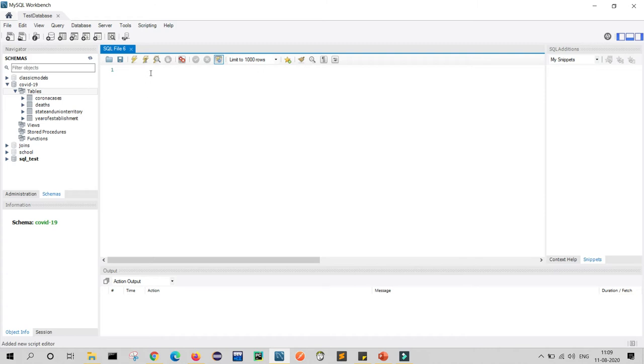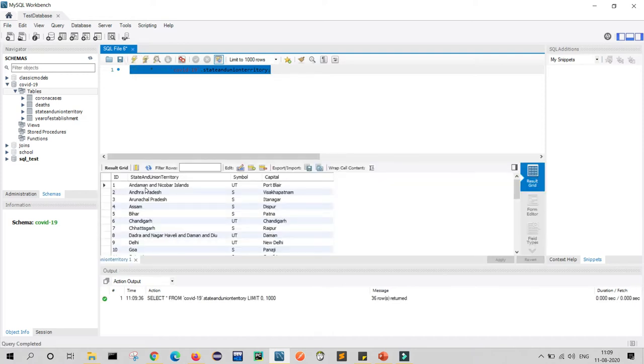I will open my first table with the query select star from, so with the help of this query I will open my first table.